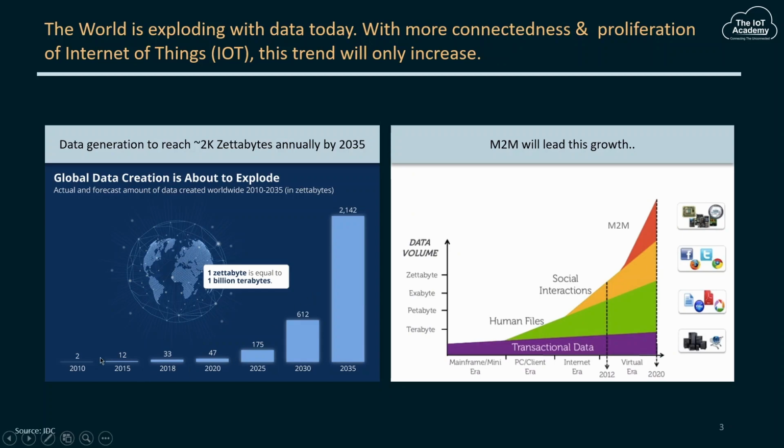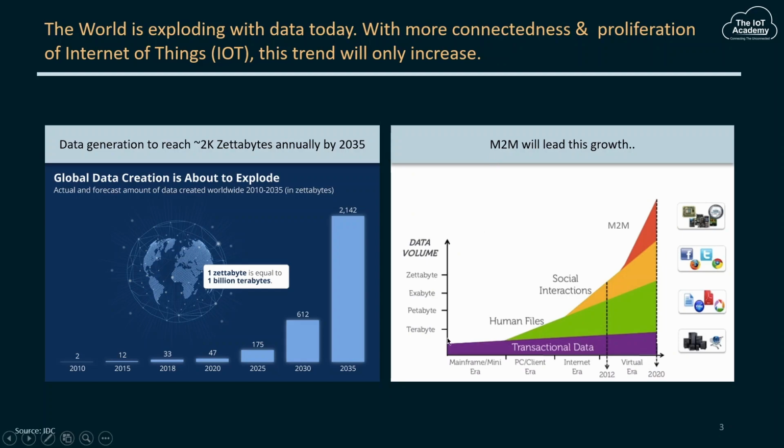This graph here is showing us how the data generation has increased, starting from 2 zettabytes in 2010, which is expected to rise to 2000 zettabytes in about 2035. At present, it is at about 47 zettabytes level, and this growth is essentially being led by machine to machine